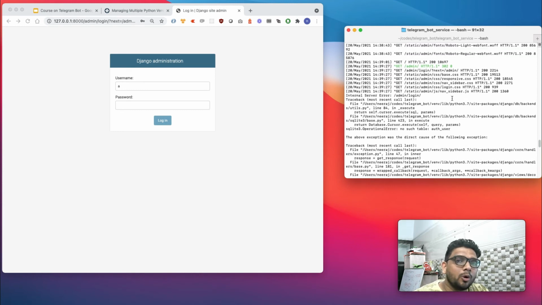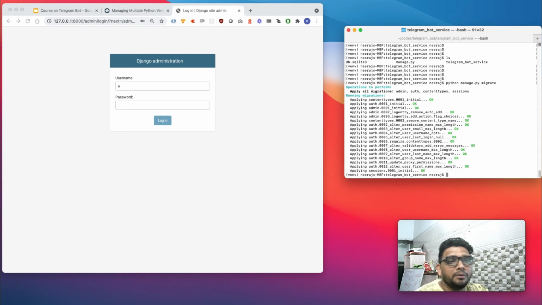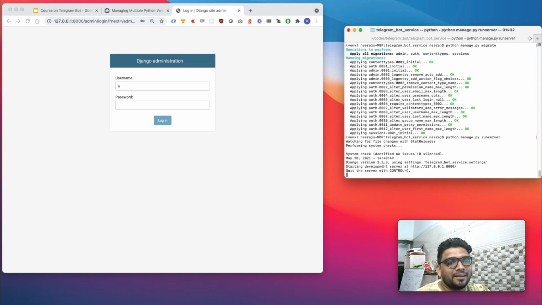In order to create all those database tables, we need to run this command, which is python manage.py migrate. It will create all the tables which are in our migration files. So yes, you have seen that we have successfully applied all the migrations, and if I run the server now, I will not get any warning. It means that I have successfully applied all the migrations.